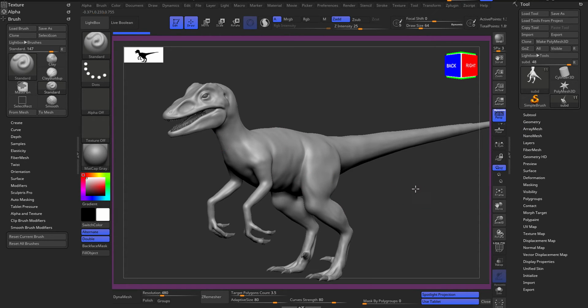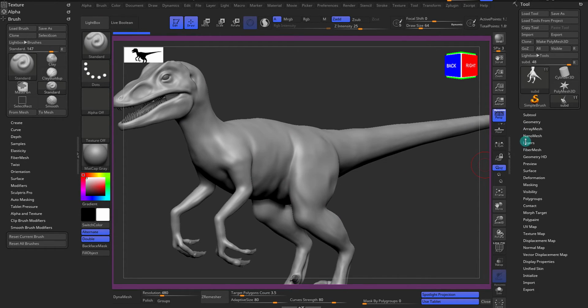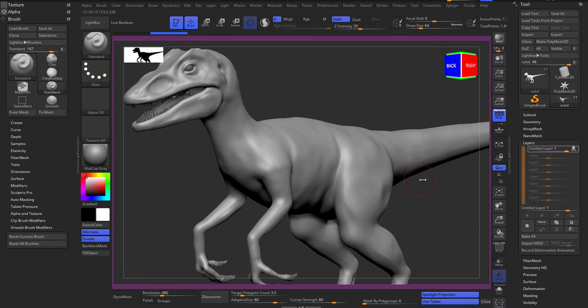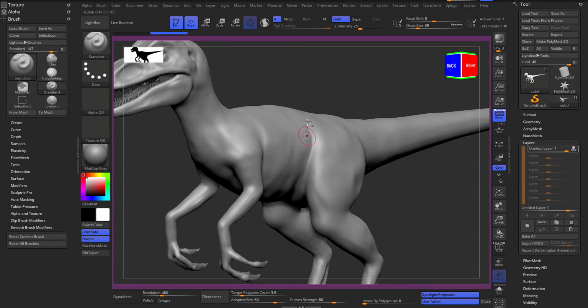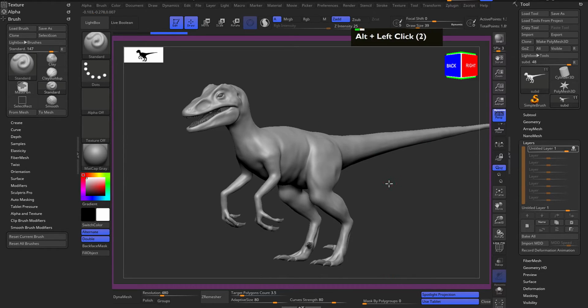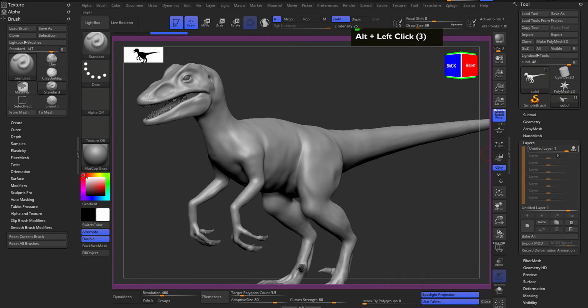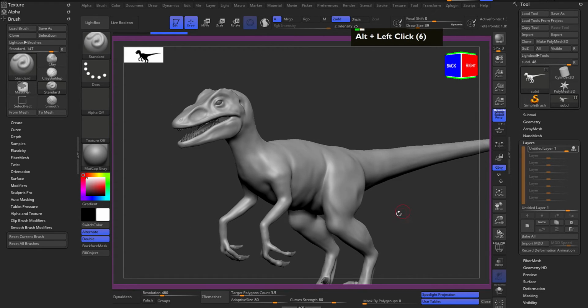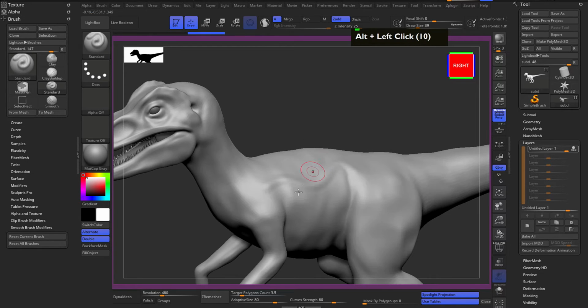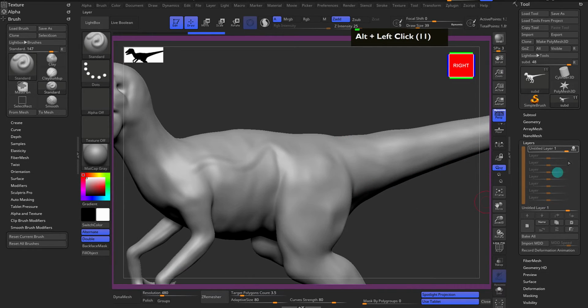Now we're going to add the details, but before that I'm going to start adding some layers. It's just like Photoshop. You just create a layer, and what it does is it records everything, whatever strokes I draw over here. So if I draw a stroke, it will be added into the layer. That means if I click on the recording button, I can turn it on and off like that,